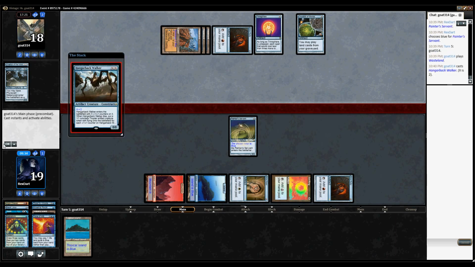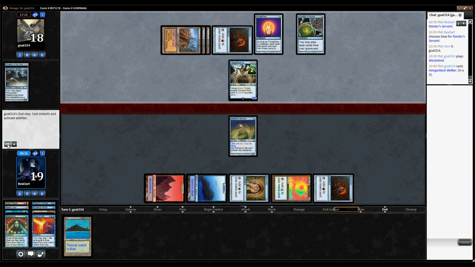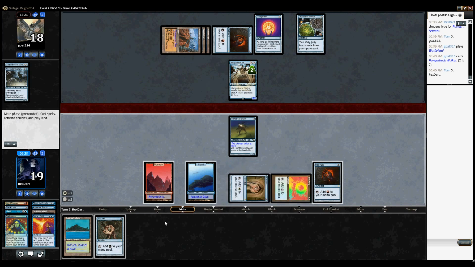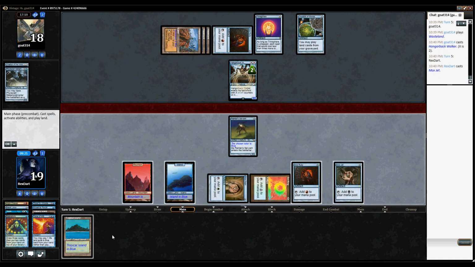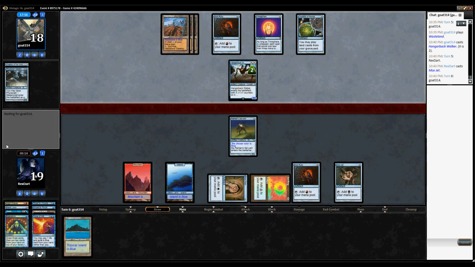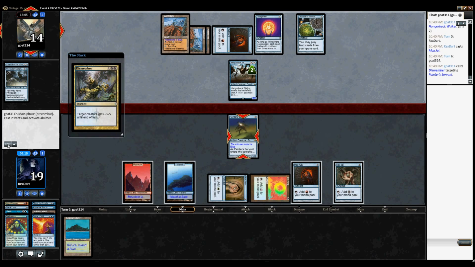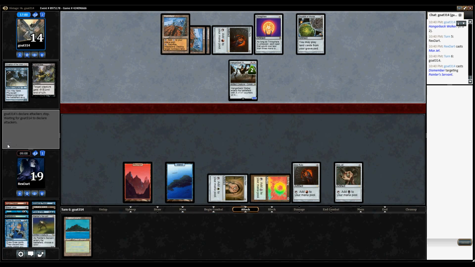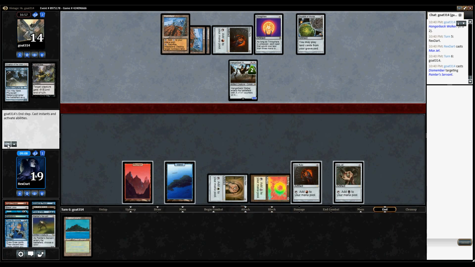Oh, he's hit his 4, so we're going to see a Hangarback back for 2. Okay. Mox Jet, huh? Alright. 1, 2, 3. Well, I've got some mana here. If I get into any of my draw spells, they're pretty much all live. Even Gush, as long as I hold on to that Trop. He's got... Okay, yeah, Dismember. Yeah, that's what I was afraid of. So...